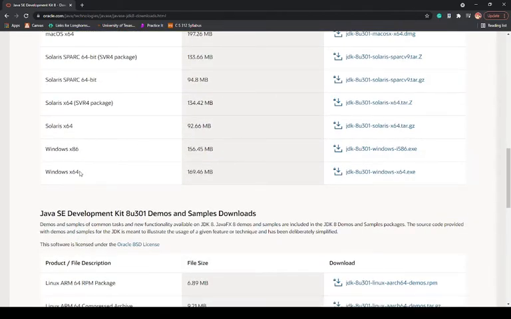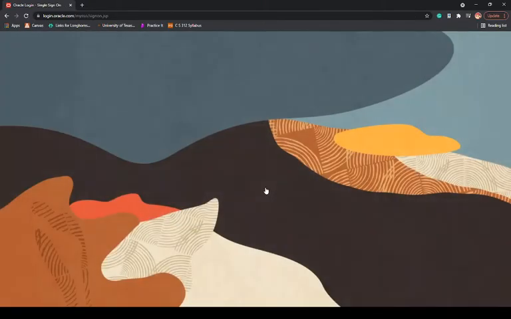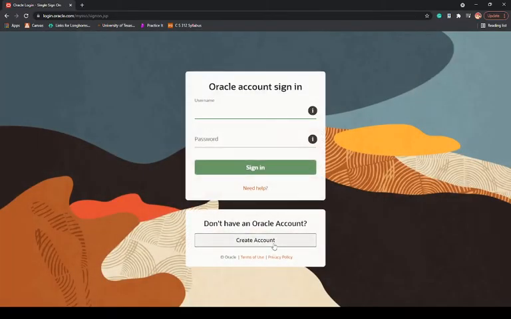And depending on your computer, you're either going to get 64-bit or 86-bit. Most computers nowadays support 86-bit, so I'm just going to go ahead and click on that one. You're going to click the check mark for I have reviewed and accepted the license agreement, and you're going to click download, but it's going to make you sign in first. And so most people, if you're downloading Java for the first time, don't have an Oracle account, so you're going to hit create account,